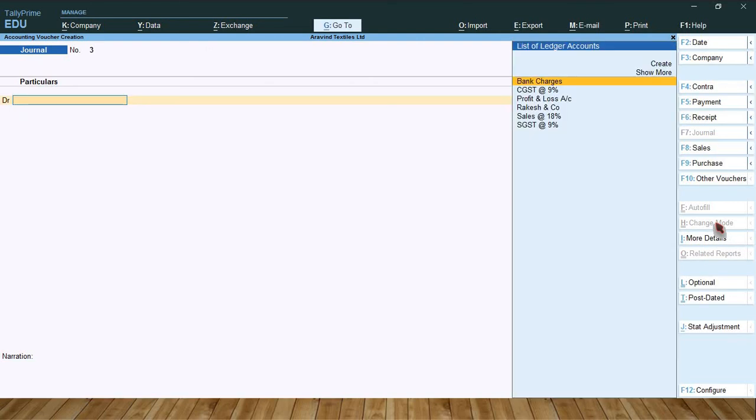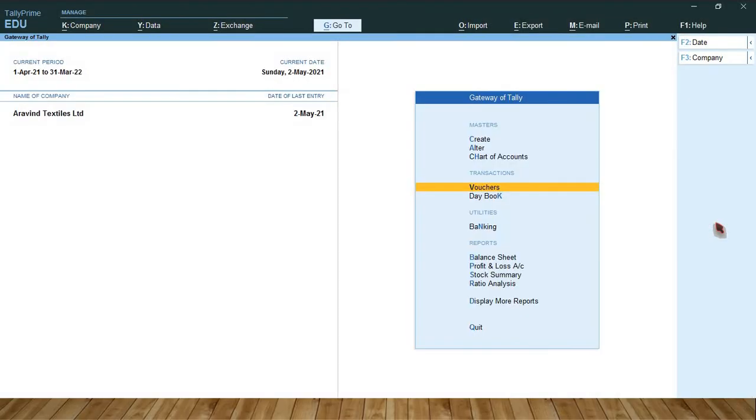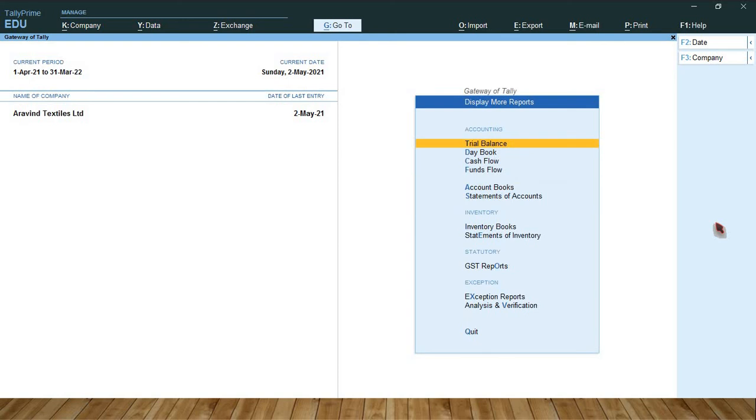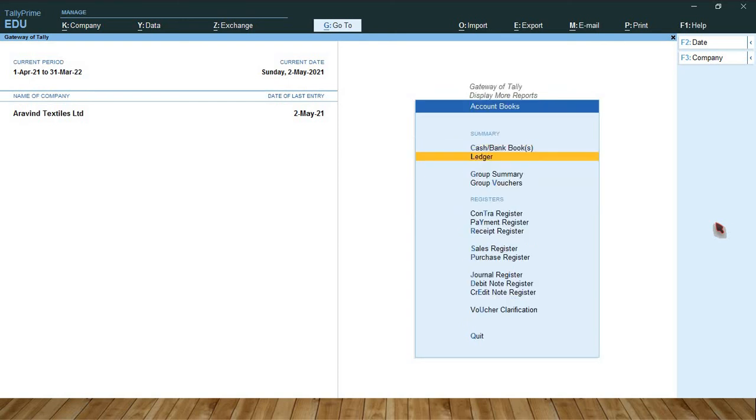Okay friends, so these are the entries we enter for check bouncing. Now check the reports to see how it will affect the related ledgers. Escape, display, account books, ledger.